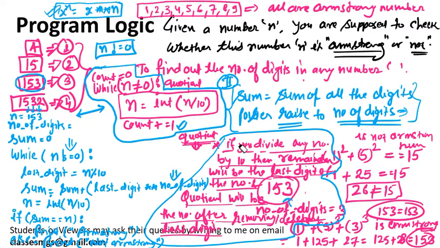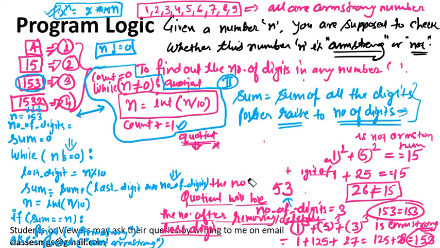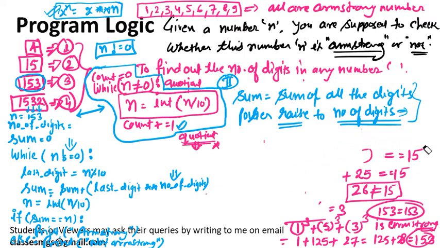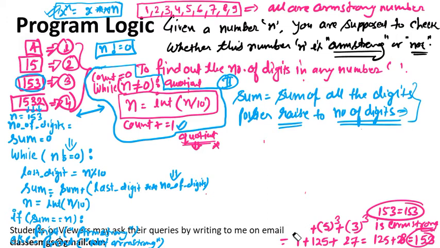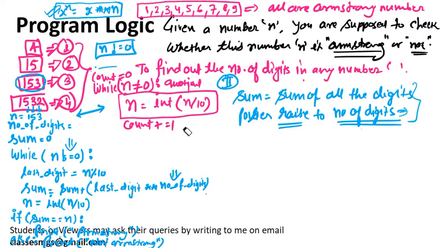So let's try to calculate this. I am removing this line; you should remember it. Now I am trying to dry run this for you. First, you should understand how to calculate the number of digits using this logic. The logic written here is going to give you the number of digits, and now another logic will be to fetch each digit of the number, apply the power raised to the number of digits and add it into the sum. At the last, if the original number equals the sum, then essentially we are saying that this number is Armstrong, otherwise it is not Armstrong.